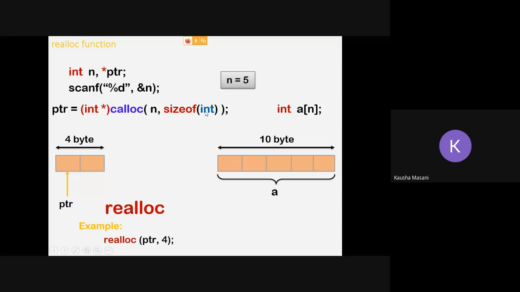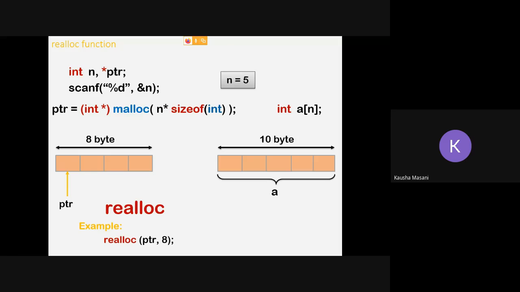And your modified size, let's say before it was 5, so 5 into 2, 10, but now I am storing only two values. So I am going to use realloc, and the size which I want is 4, that means 2 blocks only. When you execute this, out of those 10 bytes, only 4 bytes will remain, so the rest of the 3 memory blocks got freed up.